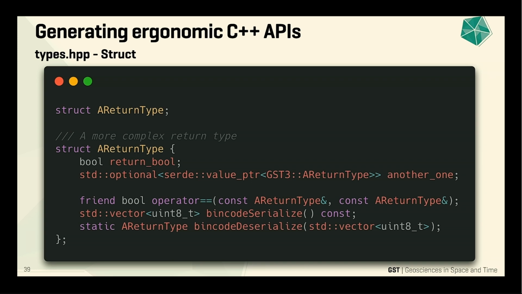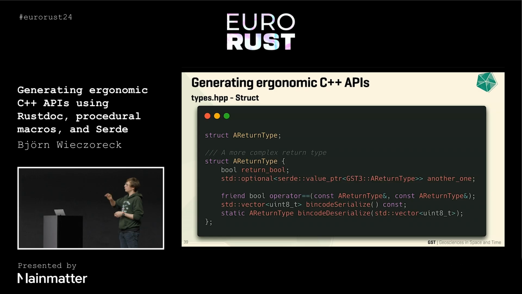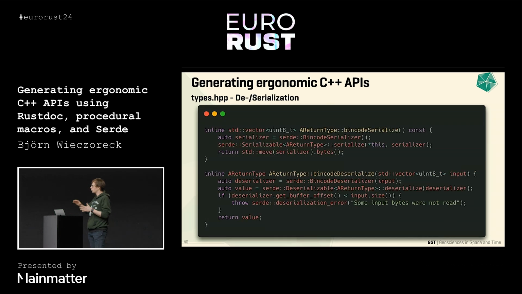And you can see we have our return bool, and then we have something that's an optional of a value pointer of a return type, which represents what we have on the Rust side. So it's not like pure C++. There's this Serde dependency that you have to import and use, but that's much nicer to use than before. Also, we have these serialized and deserialized implementations. I don't want to go into too much detail either, just here so that everything is in place and shown